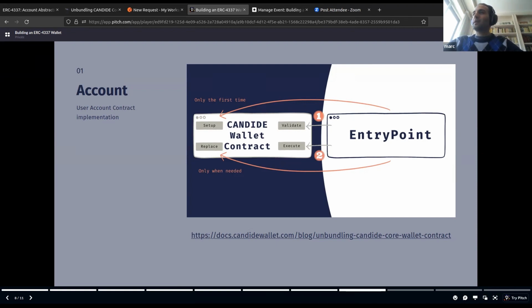From our perspective at Candide Wallet, we really care about self-custody and the ability for users to make their own choices. We never execute anything on their behalf. The signer is always offline on their phone. And if the user wants to replace the entry point and say, hey, I want to upgrade, we're going to prompt them to do so and tell them, hey, we want to upgrade. And they have the ability to do so. If they don't, then